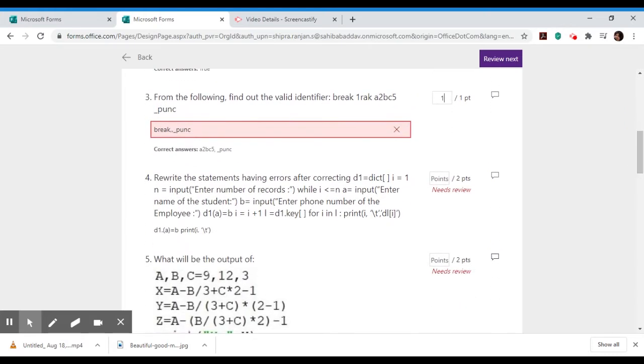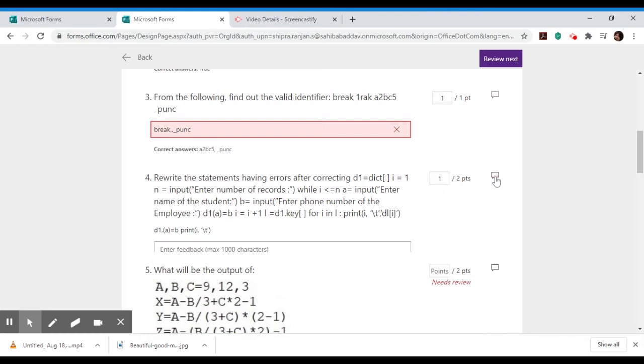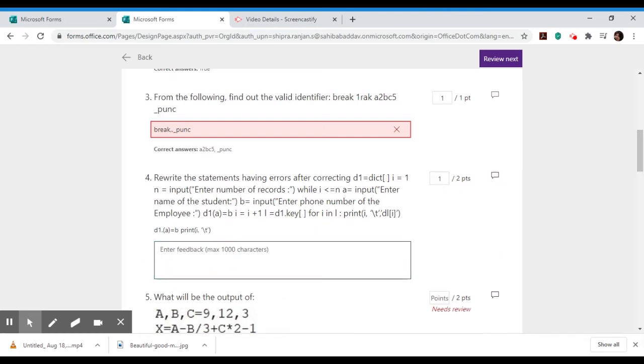In the next, only 1 mark can be given. We can also give feedback here on why only 1 mark: 2 more statements required in the answer, after which only 1 mark was given.